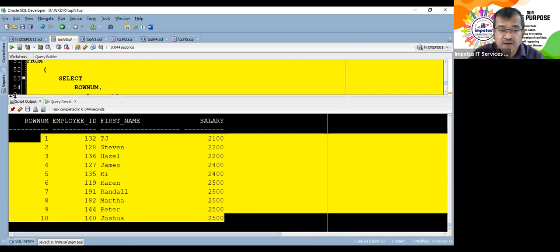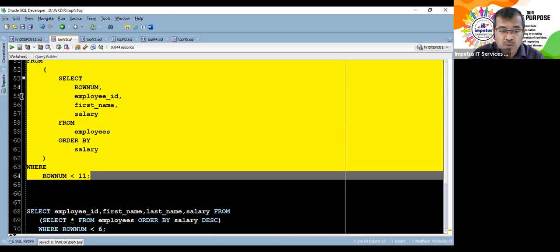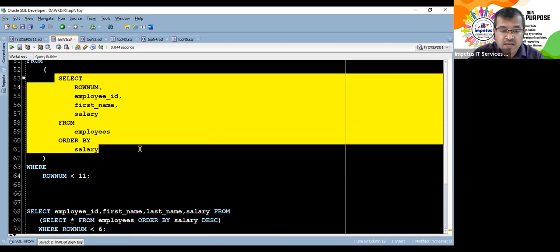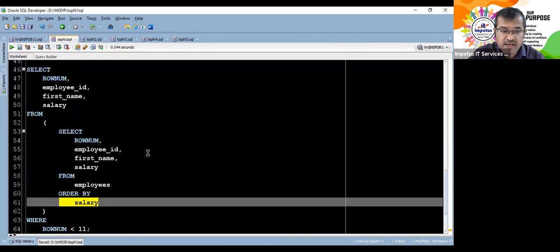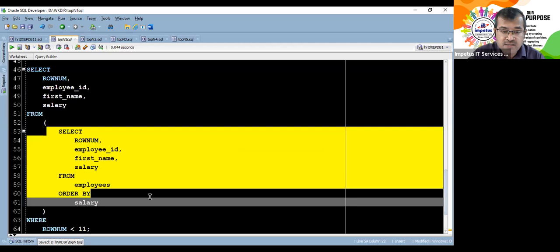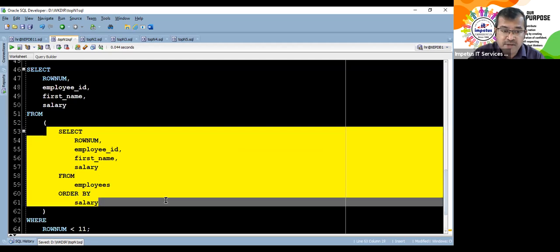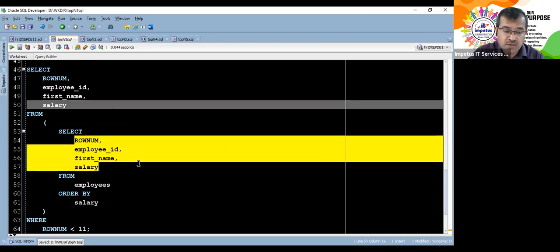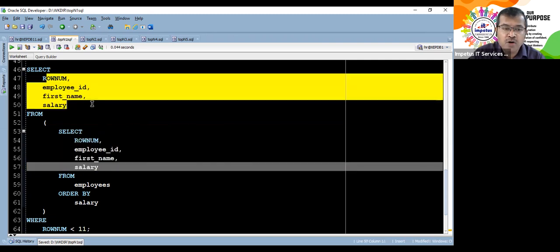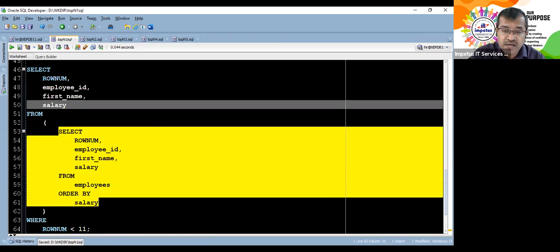What is the logic that we have applied here? We wrote a query that gave you the data in an order. You could decide what order you would like to get the data in. Once you get the data, this becomes my source of data, a temporary table. On this temporary table, you fetch whatever value you would like to. Here I could have just said select star from it, and then you have an option to decide which elements you would like to fetch. So this becomes a temporary table for us.